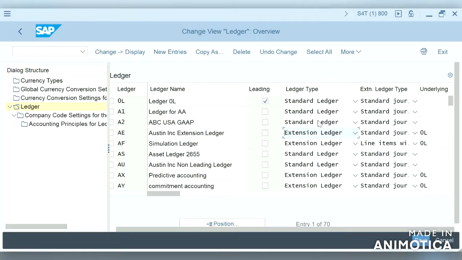But extension ledgers can be activated in S/4HANA even if we are on classic GL in ECC. Many extension ledgers can be added on top of standard ledgers, but we need to assign each to one standard ledger.